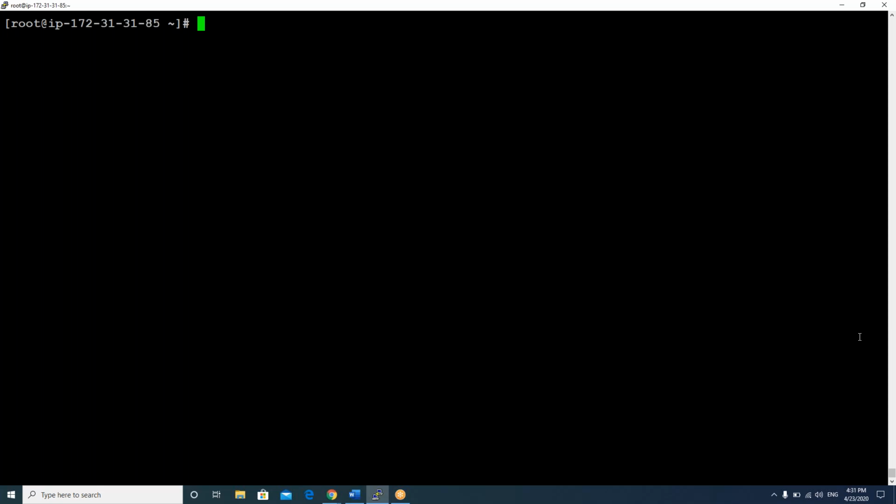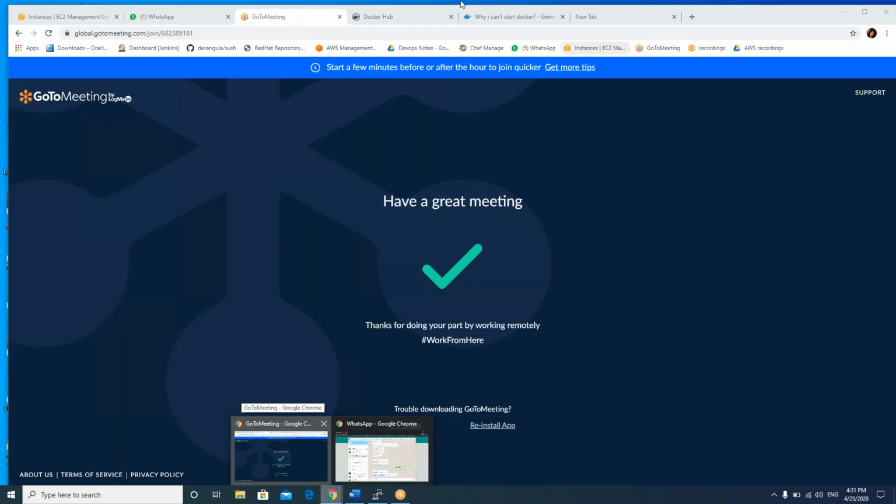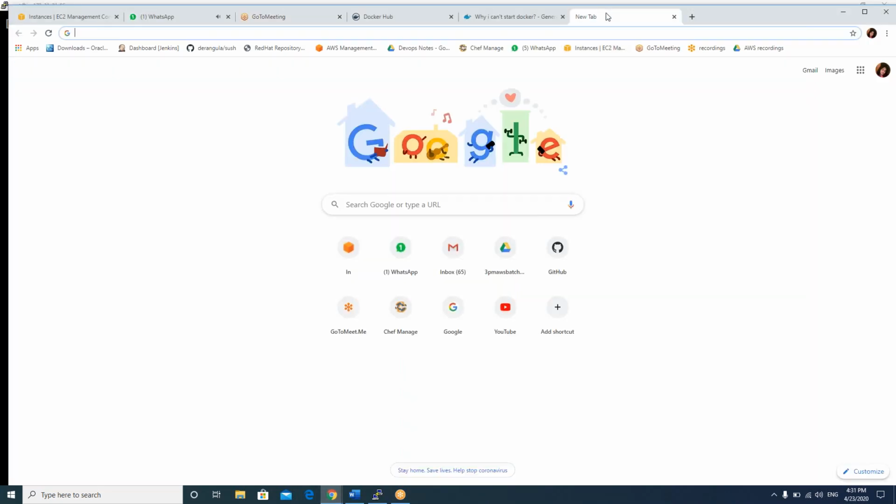So all you have to do is, while creating a container, use that option. So just Google it once. Open the browser: how to assign a particular IP address to my container. There is an option for that. You have to use that option.